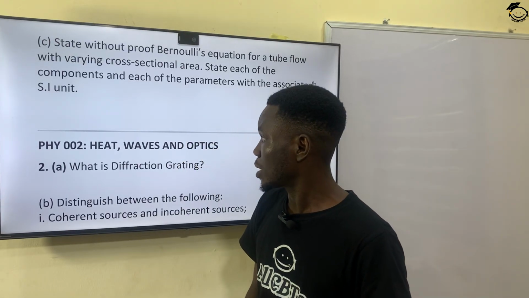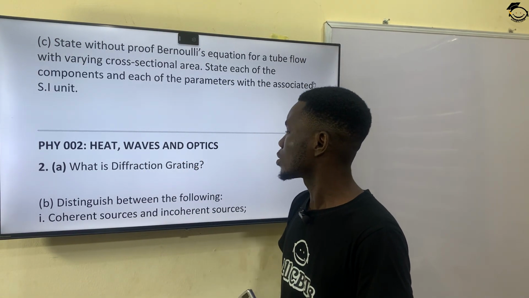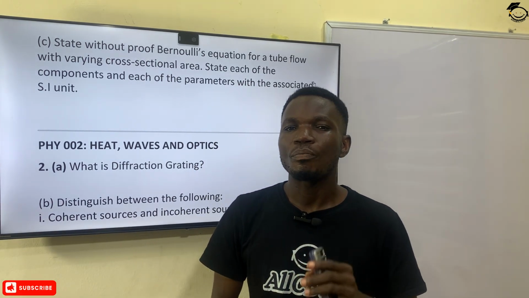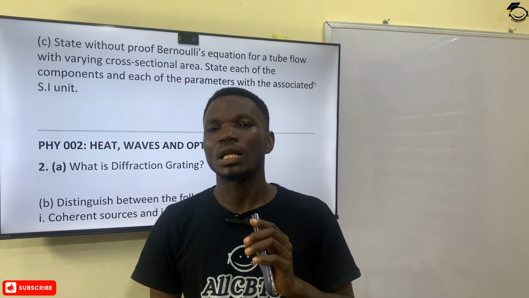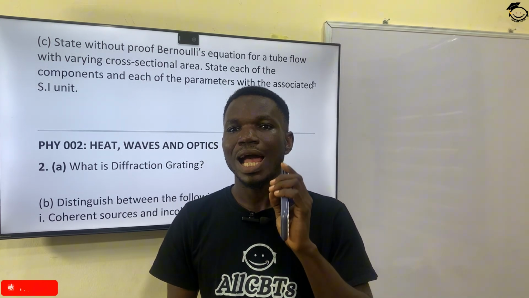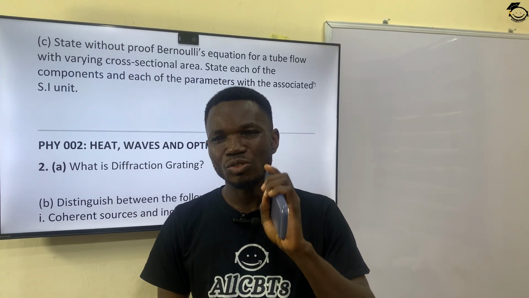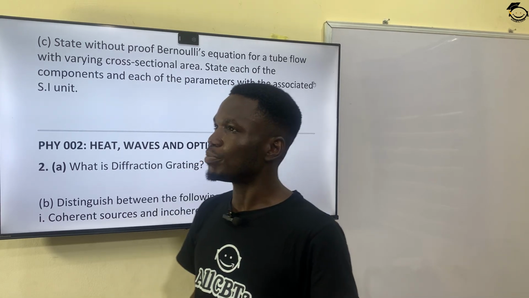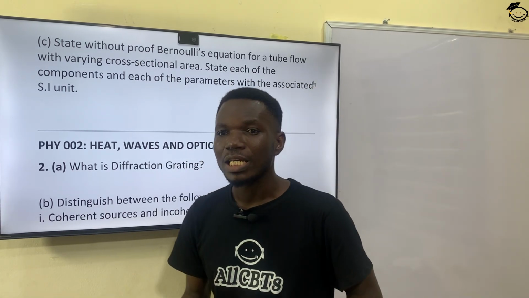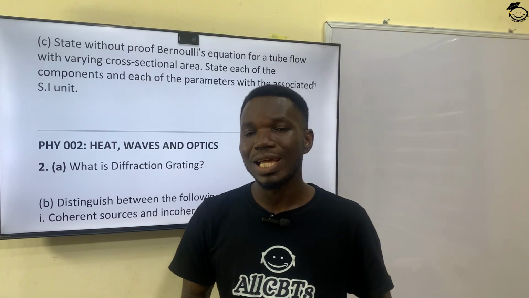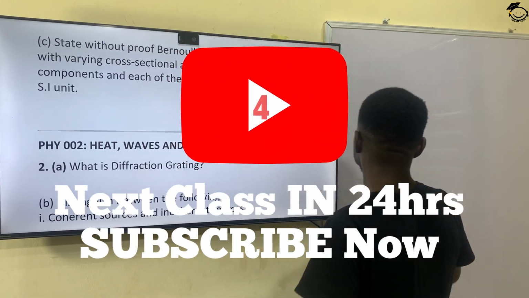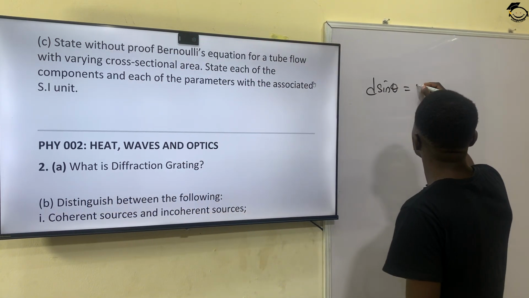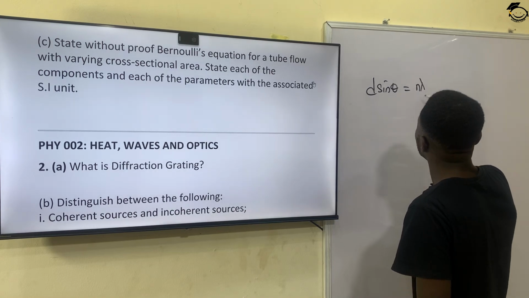That is question number 2A, which is, what is a diffraction grating? A diffraction grating is an optical device made up of many closely spaced parallel lines that diffract light, dispersing light into its component wavelengths by interference. What does this mean? It means that this particular optical device separates light into its component wavelengths, and it has a formula that says that d sine theta is equal to n lambda, where